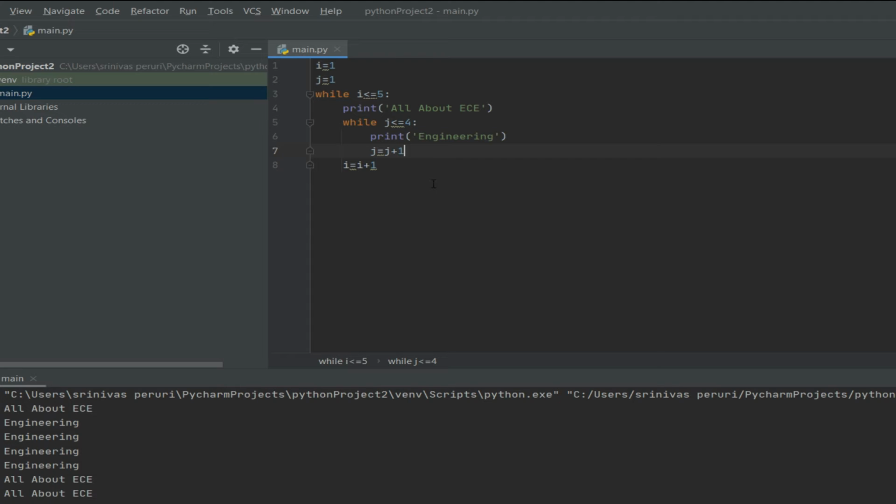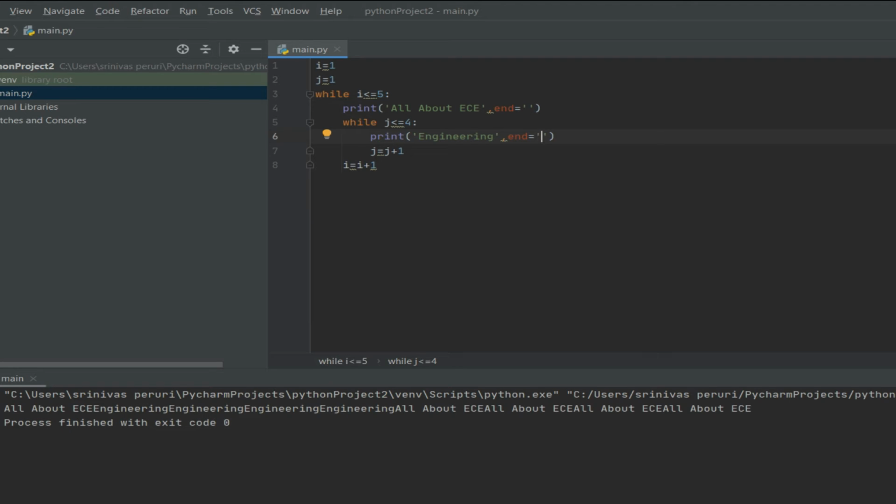I want to print in the same line. For that we have an option called end equals to a space. With this, it will print in the same line. So let's run this one.